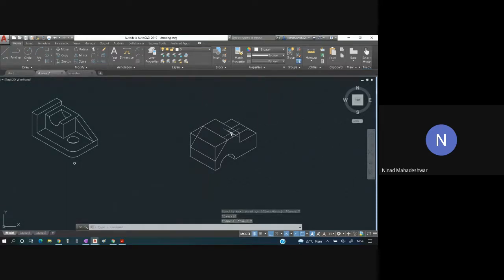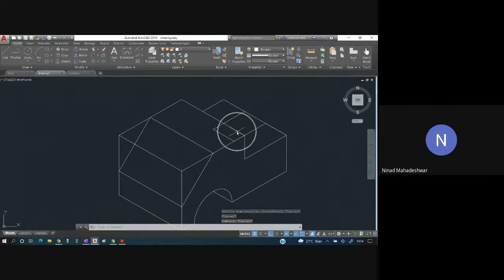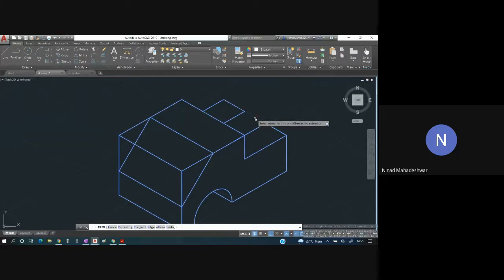Okay, but these two lines which are extra over here, these lines are extra, that you have to trim. So control A, it is not part of, it is a hidden part, so that you have to trim over here. So select this, I have trimmed this, done. Okay, similarly, since it is a slot, this line will also go away.